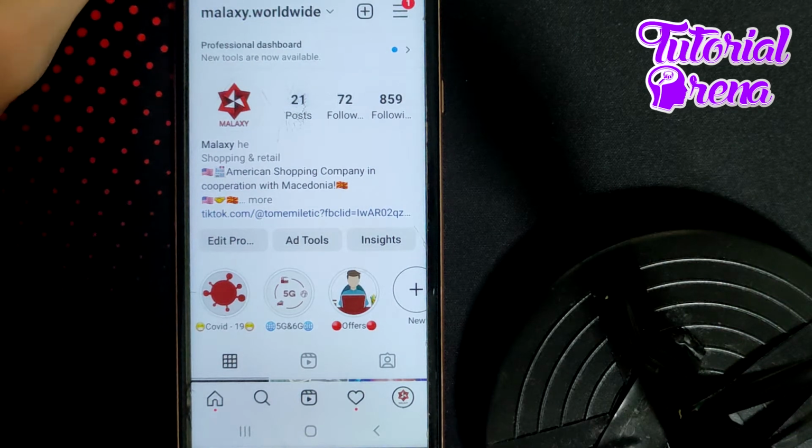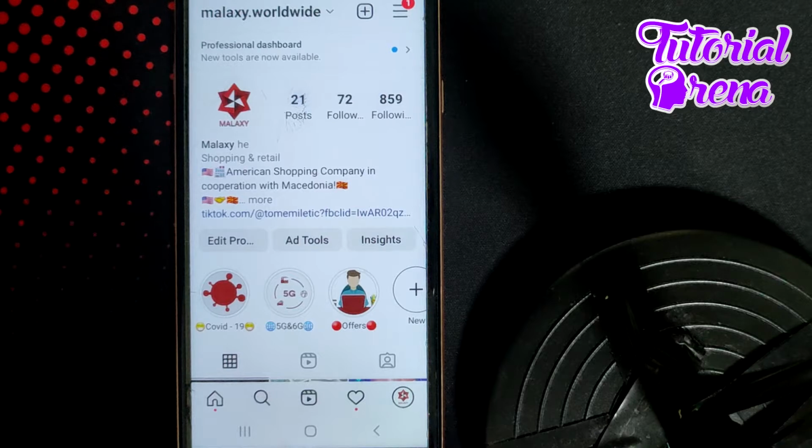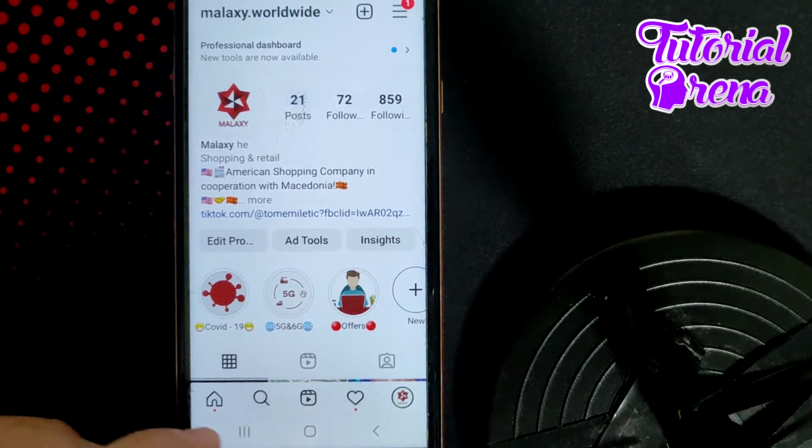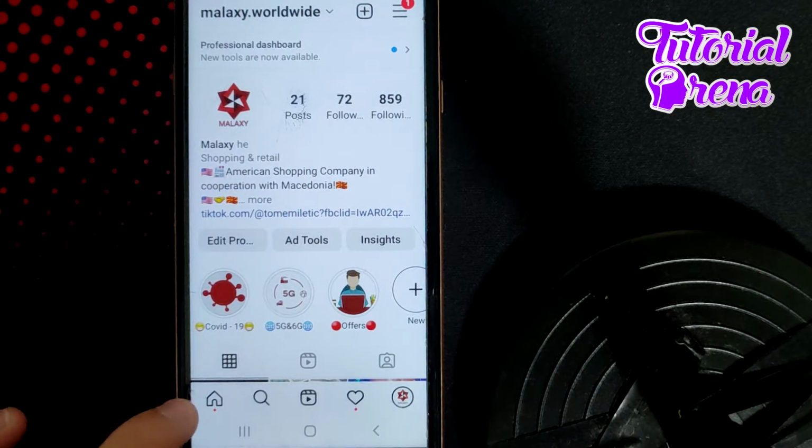Instagram notification history. Maybe you're asking yourself how you're going to view your Instagram notification history. Don't worry about it. This is so easy and so quick. For example, when you're on your profile section, or if you go to your feed screen, which is on the